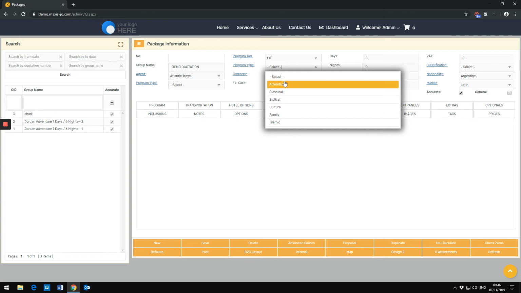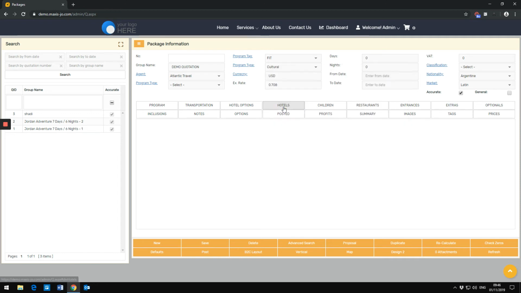What kind of offer are we going to prepare? This is classic, it's cultural, it's family, it's adventure. But again, remember that this list is for a demo, and this will be bigger and can include as many types as you want. So if we are going to make a cultural program,